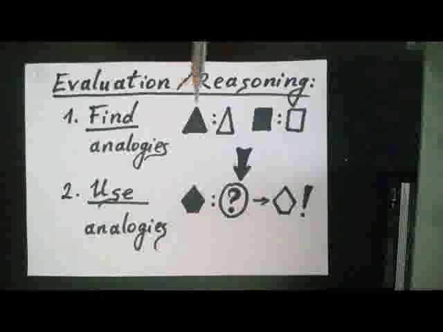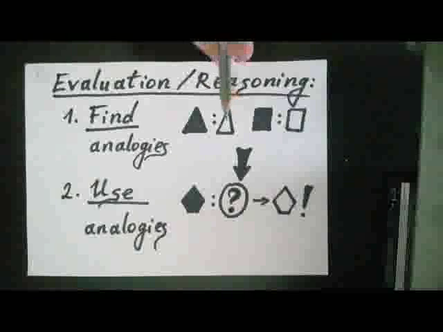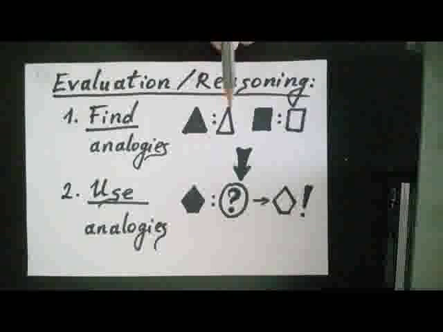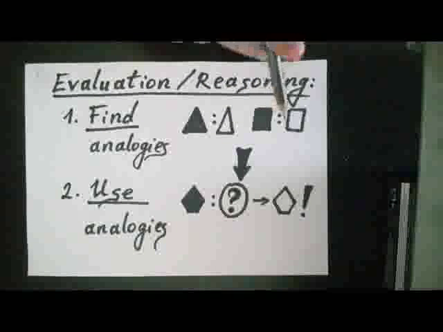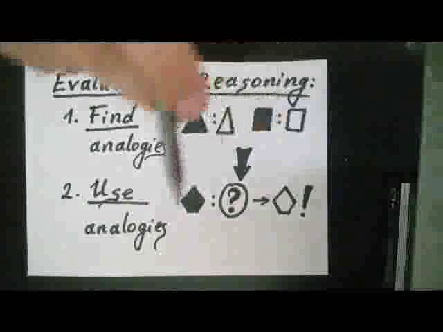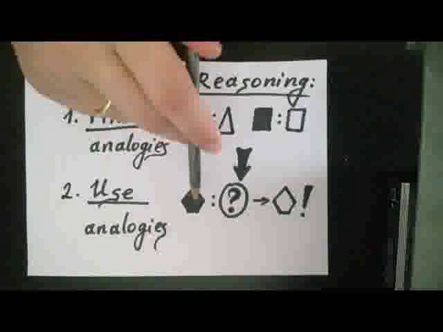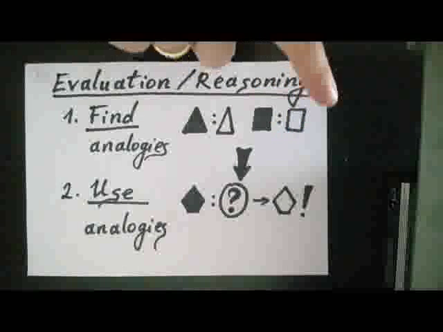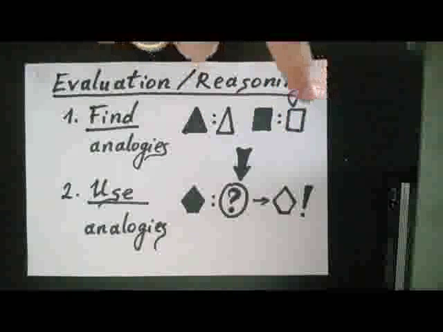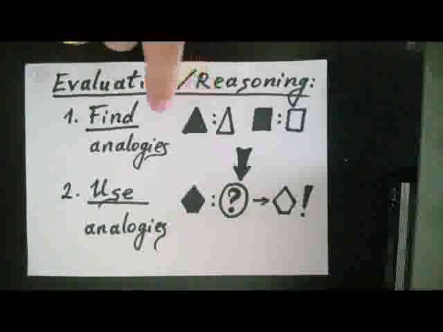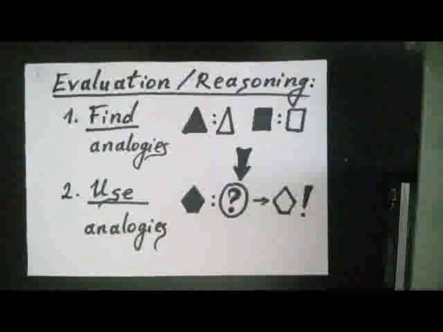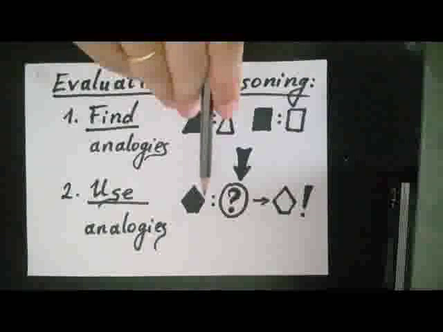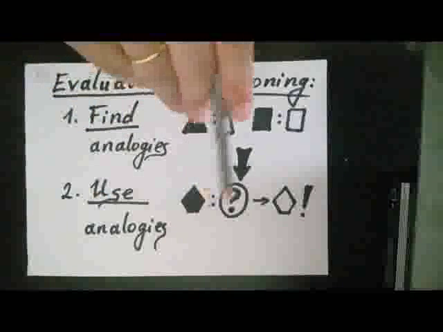So if you say that a black shape corresponds always to a white shape, and again a black shape corresponds to a fitting white shape, then if you get a new black shape, you'll find again the corresponding white shape easily. That is, here you find what is the common rule and finding how to apply it in an analogous manner to new patterns. And when a new pattern comes, you use that rule.